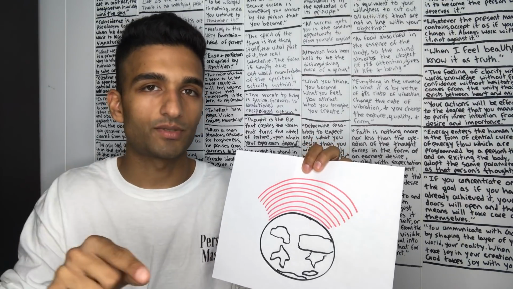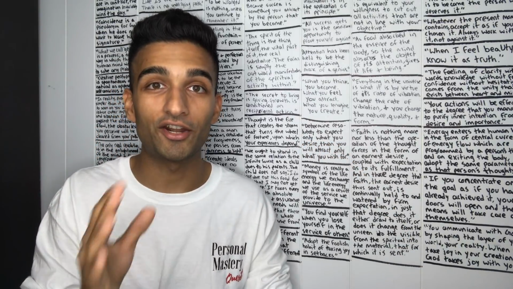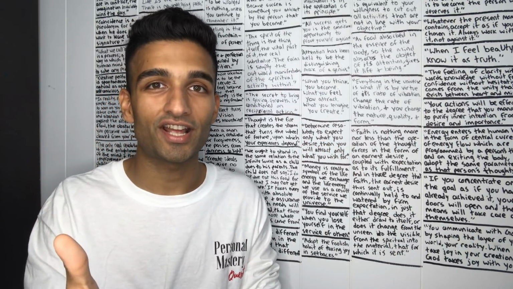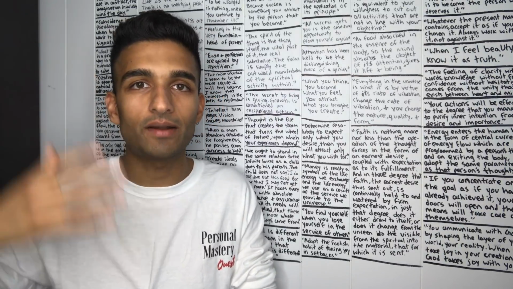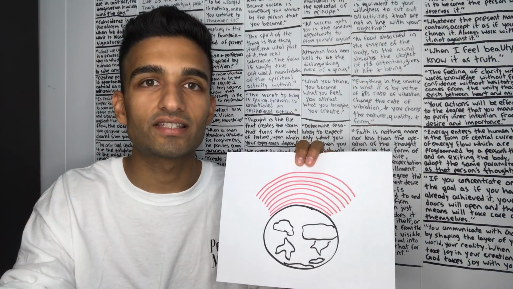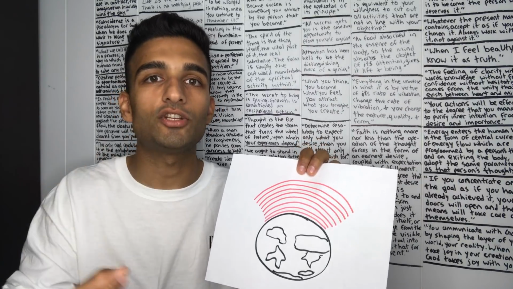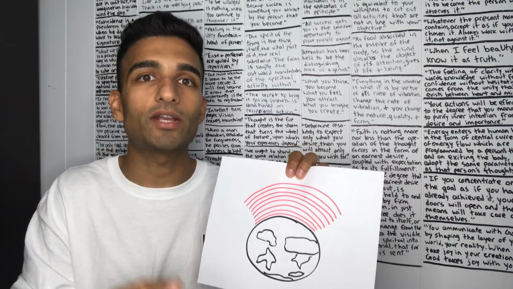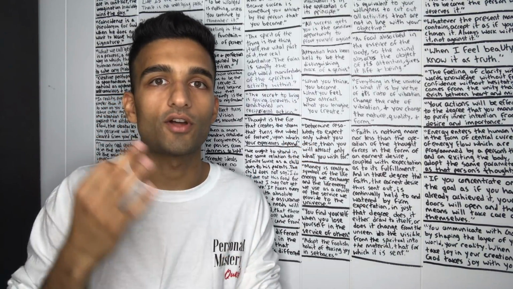So just say that person comes up to you at work, starts talking to you, and you start feeding that person with your energy, right? You are really engaged in that conversation. You are feeling bad for the person, how bad things always happen to them. What you are doing is now you are kind of vibrating at a similar frequency as that person's layer, as that person. So what you are doing is you're kind of inviting the similar type of emotions, the similar type of events and experiences into your own layer. So this is why you have to be very careful about who you are interacting with and who you are giving your thought energy to.